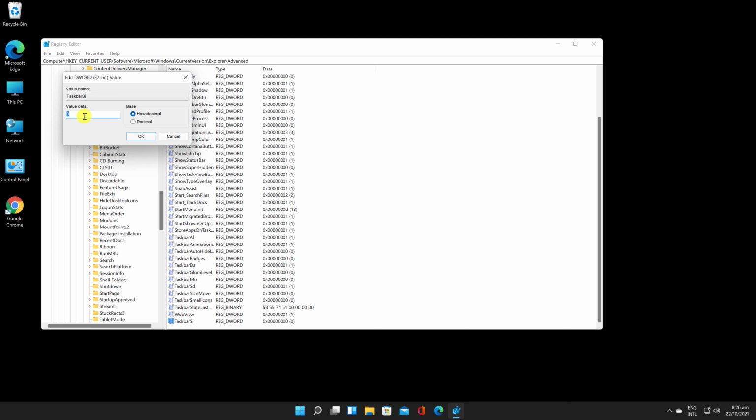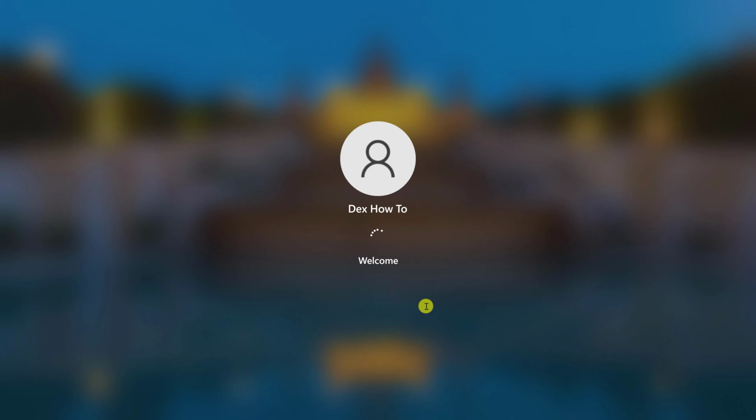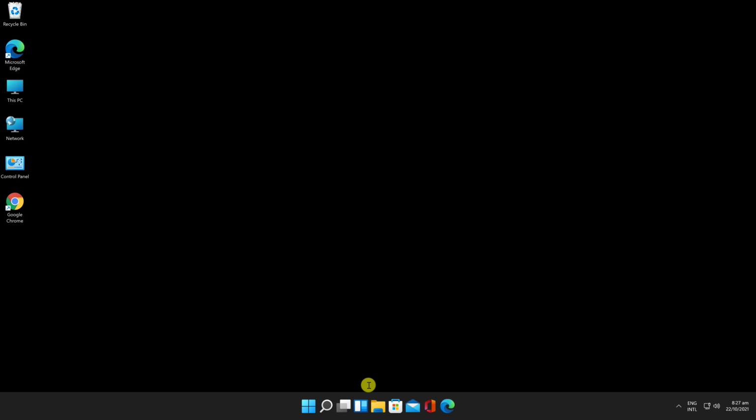Double-click the newly formed key after you've done so. Change the value to whatever you like. There are 3 possible values: 2 big, 1 medium and 0 small. If you want a larger taskbar, for example, type 2. Then, when you're ready, press OK. Close the Windows registry window and restart your computer. The adjustments will take effect as soon as your computer boots up, and the taskbar size will be adjusted.